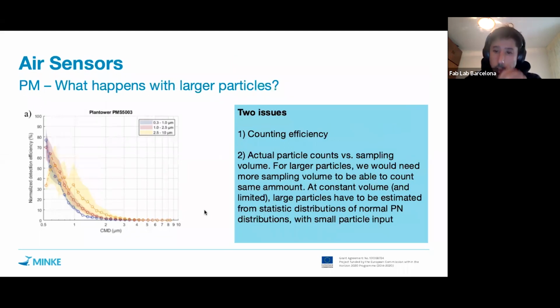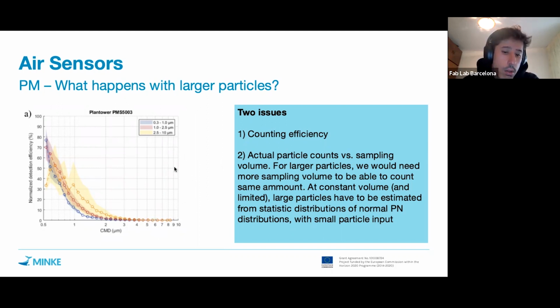Another topic here is what happens with the larger particles in general, and is this something where we can simply replace this type of sensor, and say that the Plantower PMS is a bad sensor because of that? Well, it is not the case that the Plantower is a bad sensor and a bad choice. It is the type of technology that we are using, because if we want to measure large particles, we have to go to the right side of the spectrum, and the probability that there are big particles